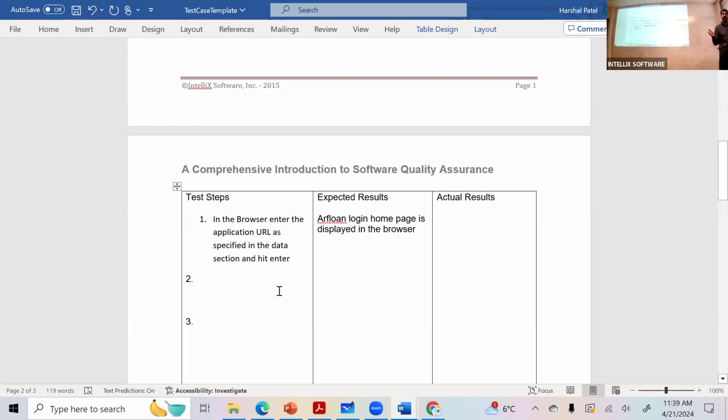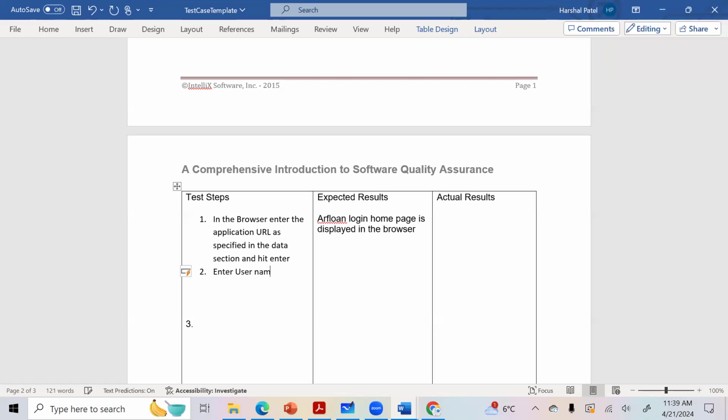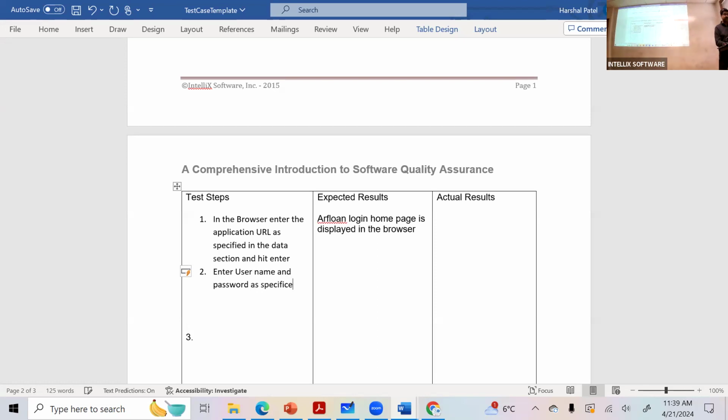Once I'm at that, it's going to show me the login page, right? And the login page credentials, what do we say? It's username and a password. So what is my next step going to be? Enter valid username and password as specified in the data section.